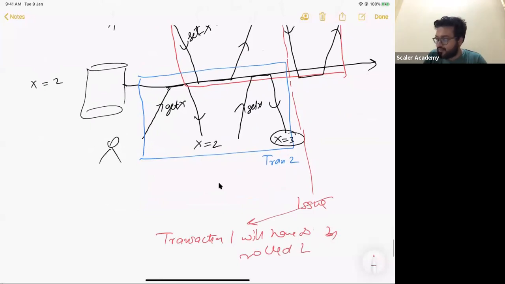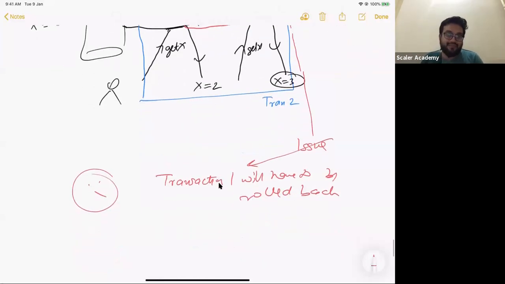Folks, do you understand it? Transaction 1 will have to be rolled back. और for the user 2, उसका बुरा कट गया है. उसको बता दिया कि भाई x की वैल्यू 3 हो चुकी है. वो अपना आराम से धंधा कर रहा है कि भाई x की वैल्यू 3 हो चुकी है. अब वो बेचारा, उसको पता ही नहीं कि वो तो ट्रांजैक्शन कैंसिल हो गई. राइट? तो यूजर 2 के साथ अन्याय हो गया इधर. राइट? क्यों? He actually read some uncommitted data.